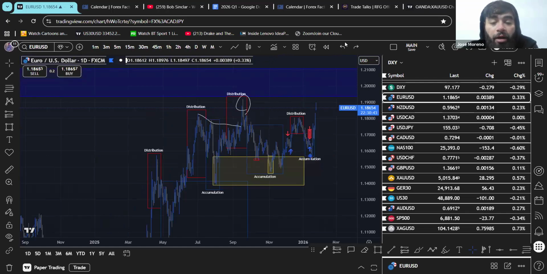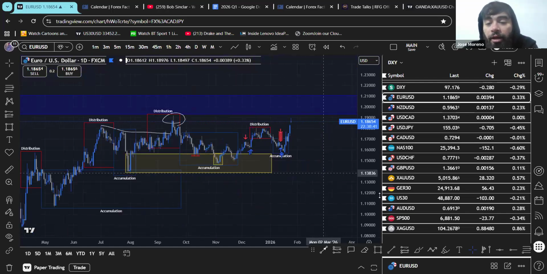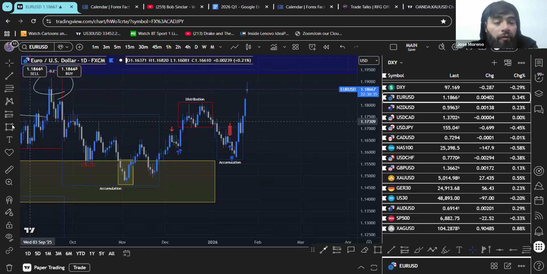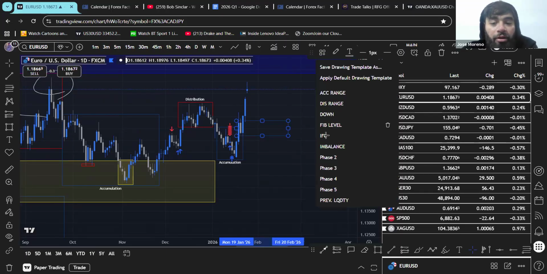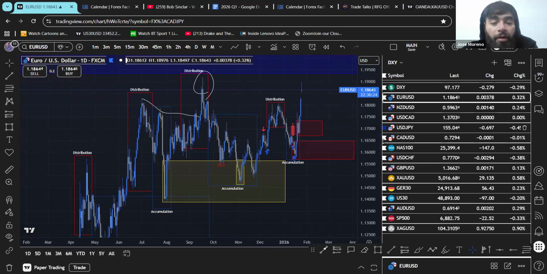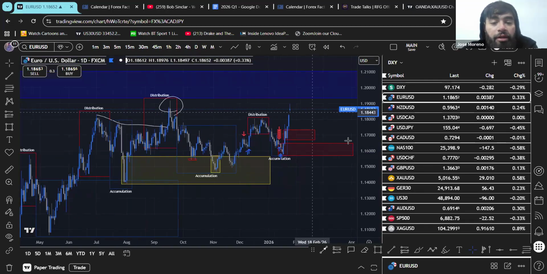So for me, that's kind of how I'm looking at this. Obviously, if we do pull back into here, that would be the same kind of thing I would look for as potential next buys. Whether that be inside of this trap candle here, or inside of the extreme area with this accumulation, that would probably be the main thing I'd want to see for continuations higher.